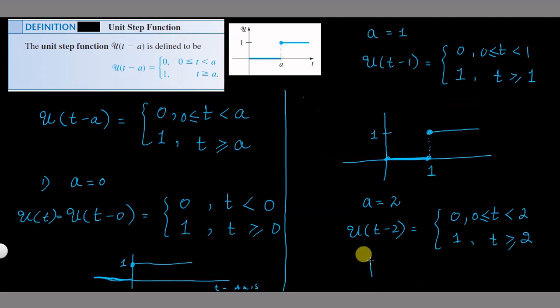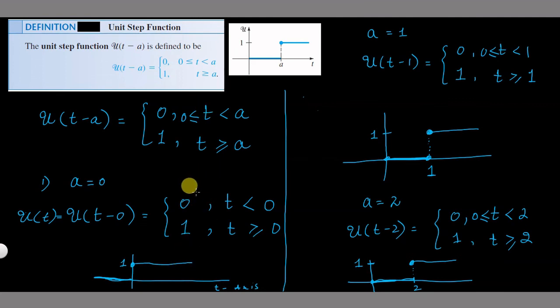And the graph of this function, from 0 to 2, the value of the function will be 0, and then 1 unit up when t is equal to 2, the function will represent the value 1, and it goes on. So this is the unit step function,